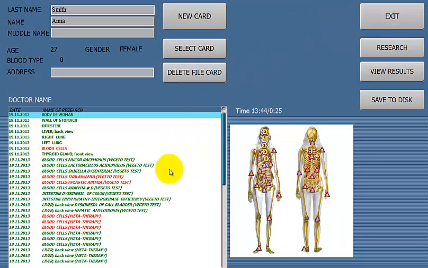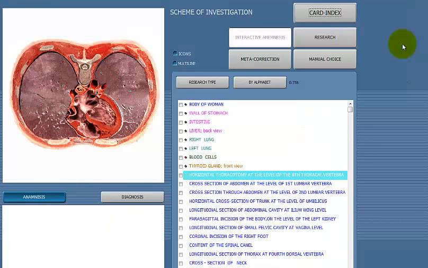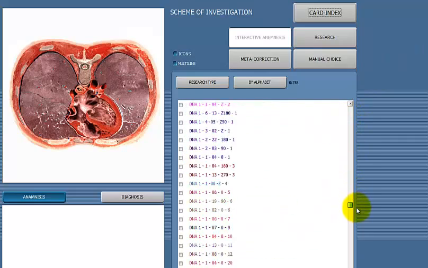The other thing I wanted to mention is that some people look at chromosomes, and there is a really good way to look at chromosomes. But before I go there, notice here that I have already made a card for myself. So instead of making a new card to give myself another scan, I'm just going to click on Research, and that will take me straight to the page that I need to go to in order to do a scan. So I will go to the very bottom